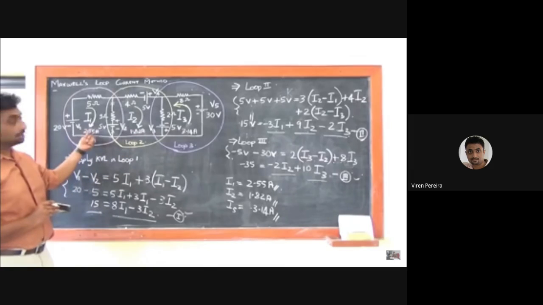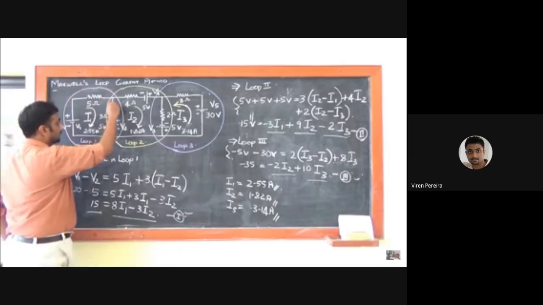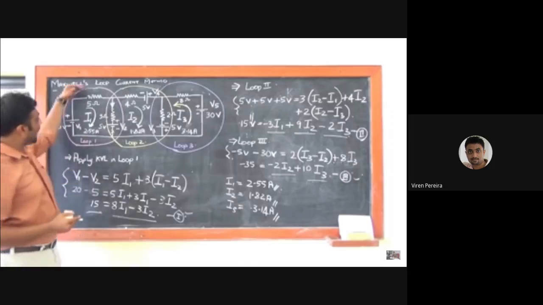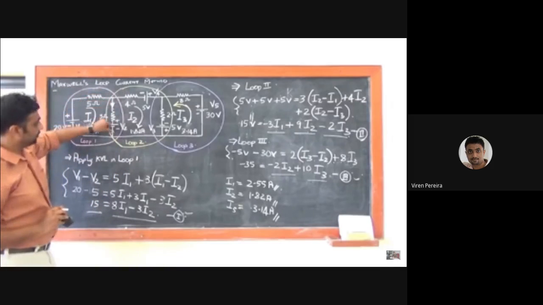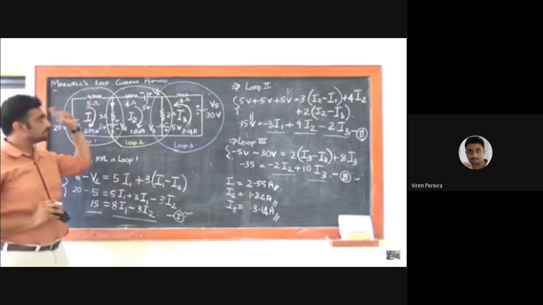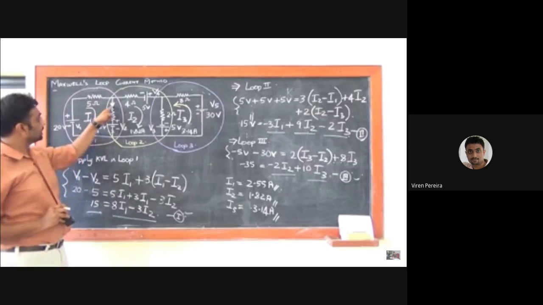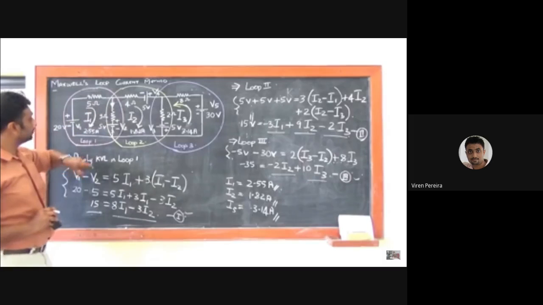Which one is higher? 2.55 is greater. So if 2.55 is greater, then my effective current direction would be from top to down, because it would be I1 minus I2. Nothing will be in negative. The only thing is the direction. So which is higher? 2.55, so it will take that direction. So what is the current flowing in my 3 ohms resistor? It will be